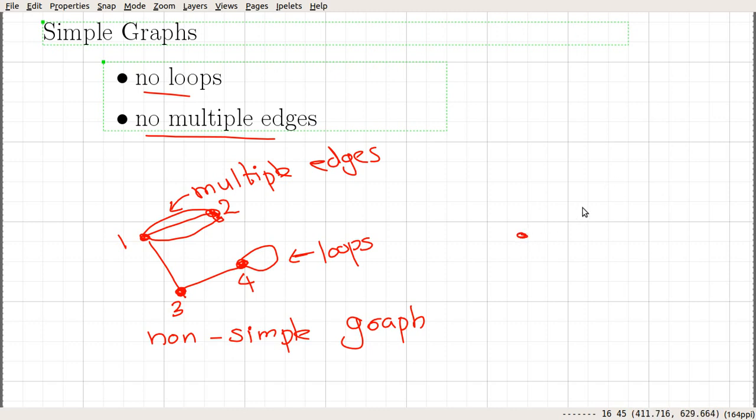Okay, and so if you consider this graph, let it be say G1 and let this one be say G2. Okay, so G1 is a non-simple graph since it has multiple edges, and in this case it has both multiple edges and a loop. Okay, so a graph is said to be a simple graph if it does not have either a loop or multiple edges. So in this case, if we consider G2, we can see that there are no multiple edges or loops. So G2 is an example of what is called a simple graph.